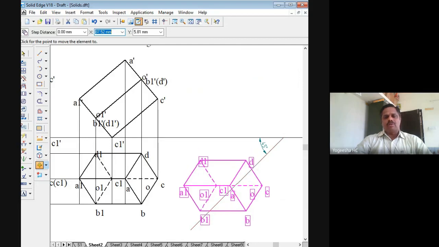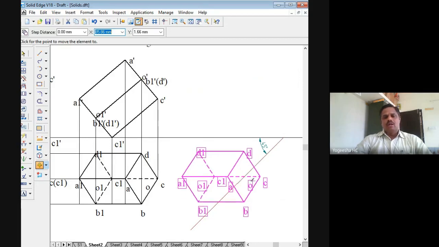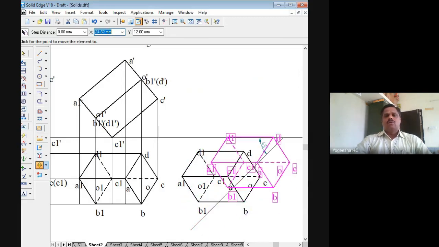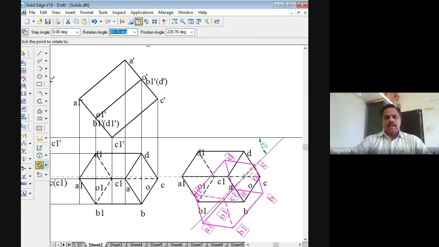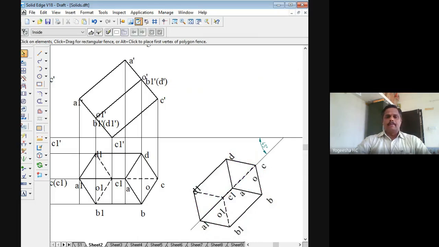Move to a place somewhere like that, so that when you rotate, the whole thing will not go above the XY line. Now we have to rotate. Use rotate, with create copy on. You have to rotate in such a manner that this line is inclined at 45 degrees. I am rotating like this. It is inclined, right? Now it has been rotated.